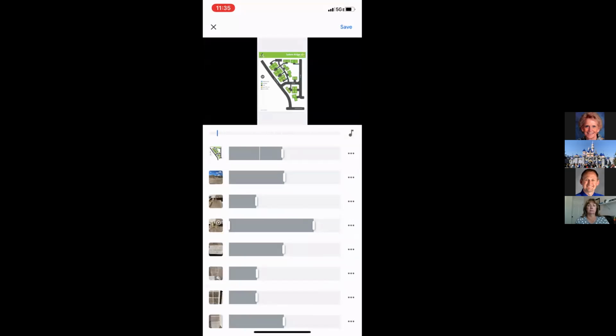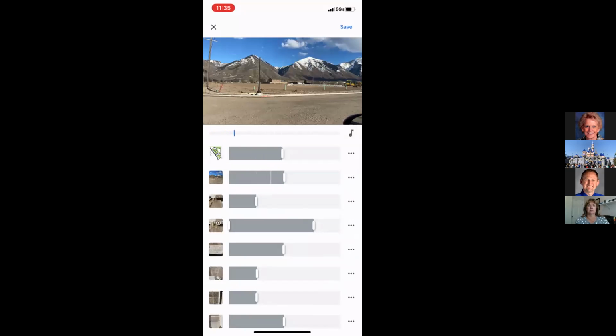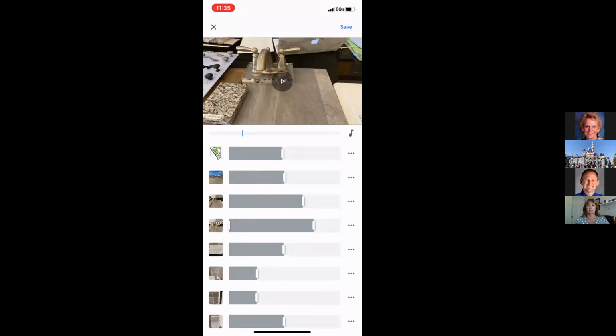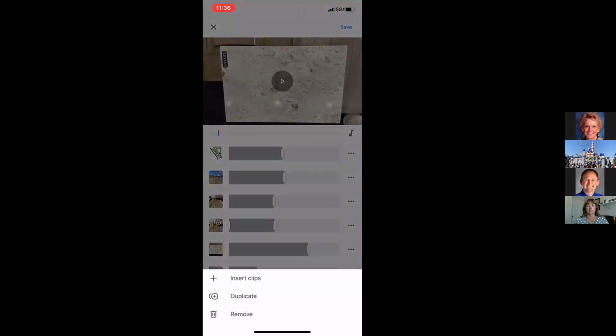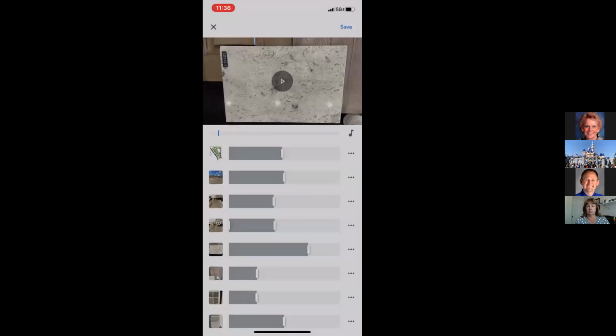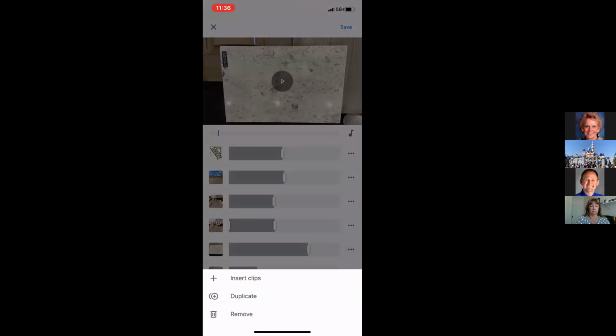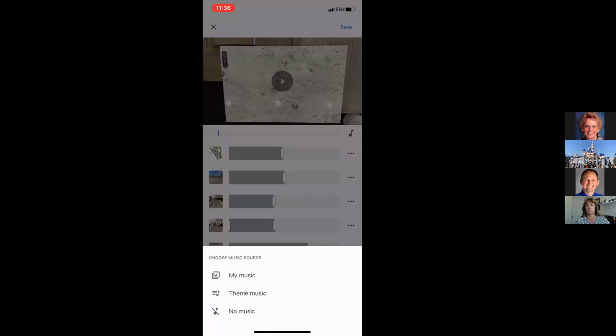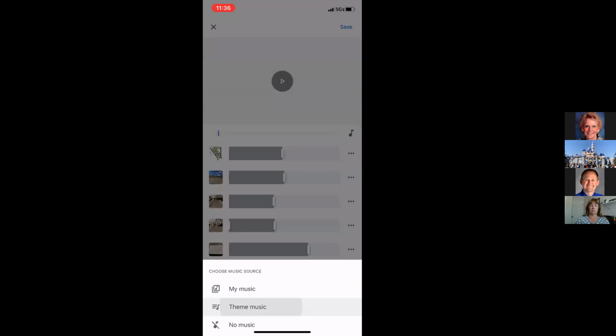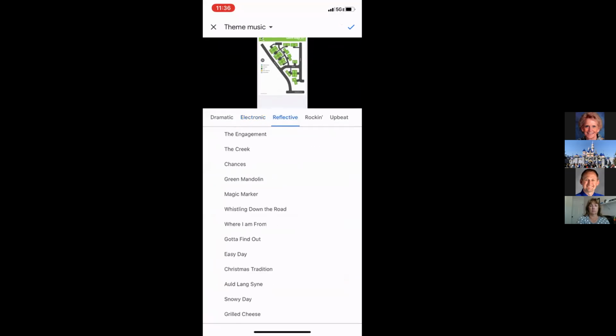I don't know if you can see my phone, but you might notice, right here I can change the length of each picture, how long that is going to play. That's kind of nice. Over here with the menu, I can insert more clips. I could add to the movie. I could duplicate a picture. I could remove a picture if I don't want it in there. Up here is my music, and I can change the volume of the music. Here's the theme music that's already built in there. So when I play my video,